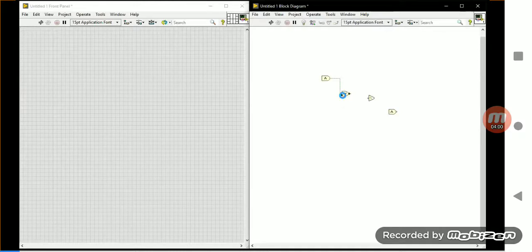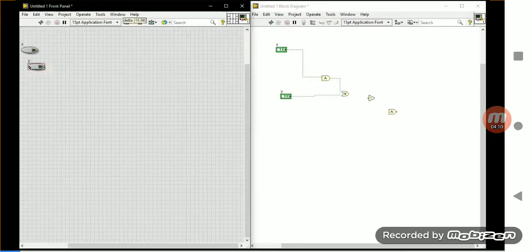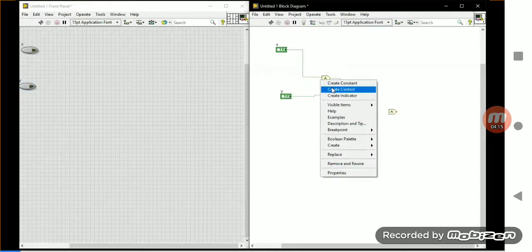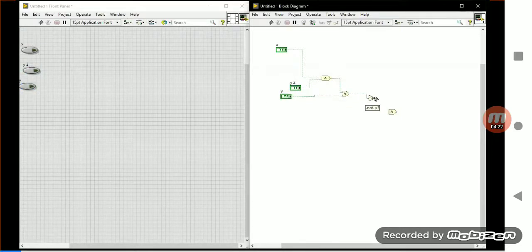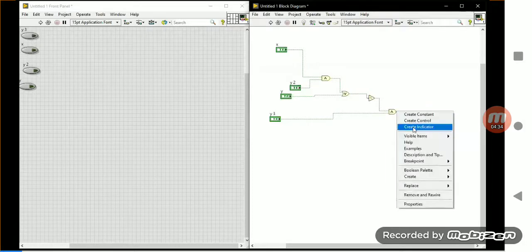I'm connecting here, creating a control, and another control here. The next output I am giving to here. One more value is coming from this, so one more control, and here you have an indicator.